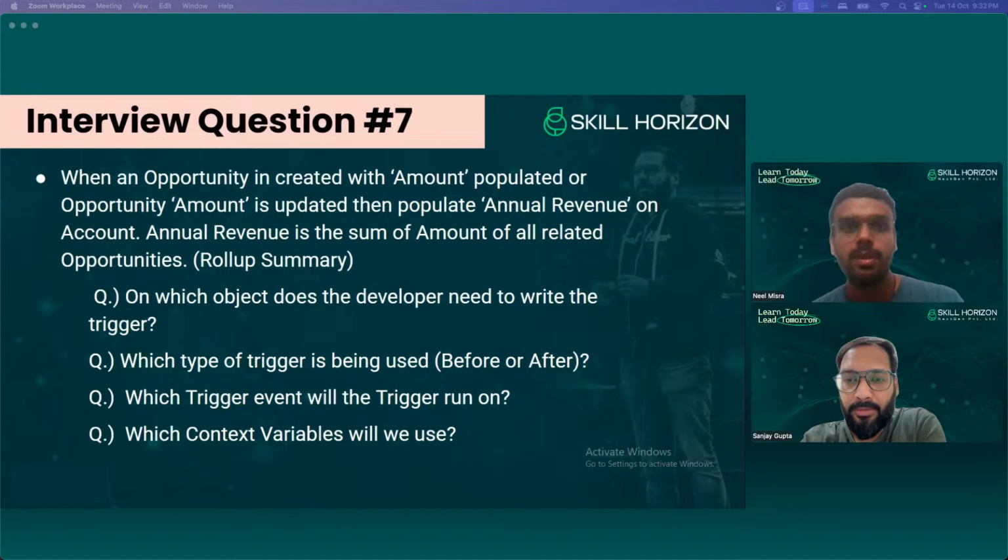So we have the next question, number 8. If trigger A on account performs an update on contact, and as a result trigger B on contact updates the related account, what is this scenario called? Indirect recursion, cross object recursion, cascade recursion, or inter object recursion. There are 4 options. Read the question again and try to answer.